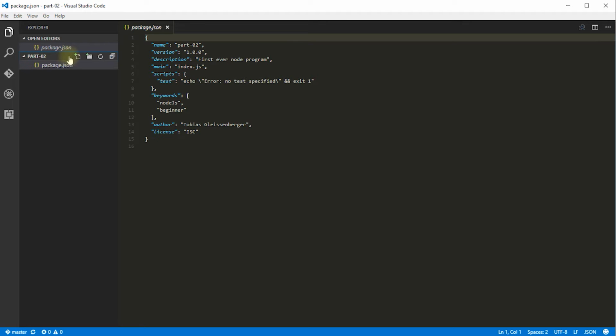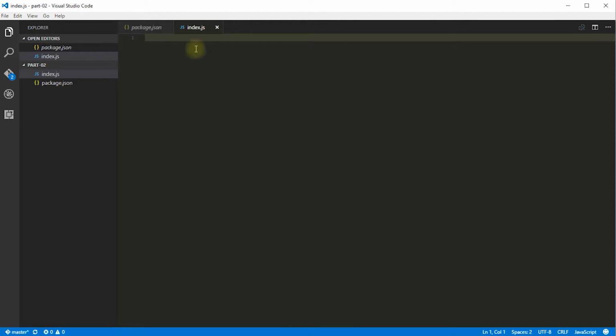So in my part2 folder, let's click on this new file icon, and let's create an index.js file. Because remember, in our package.json, we told our project that our main file is going to be called index.js. So let's create a file and call it index.js, hit enter, and this is going to be the main file for our project. And in here we can simply write our first line of JavaScript, and I'm simply going to write